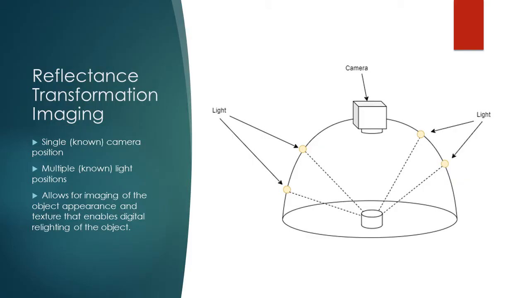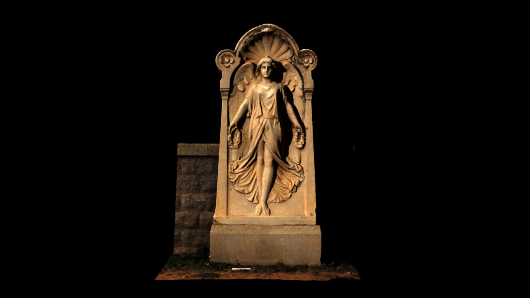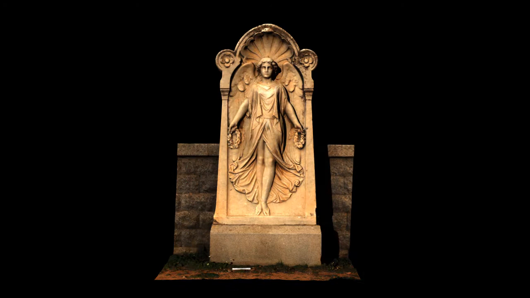RTI can be categorized as a form of photometric stereo. The stereo means that it works like stereo speakers or stereo 3D glasses you might get at the movie theater. Multiple different points used to create a sense of a third dimension in sound and vision, respectively. Here, we use multiple different angles of light on an object and observe how it interacts with the surface at different points. This allows us to understand the 3D aspects of the object's surface, its shape and texture.